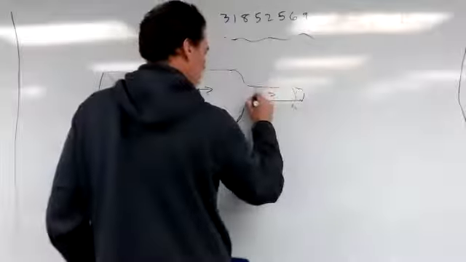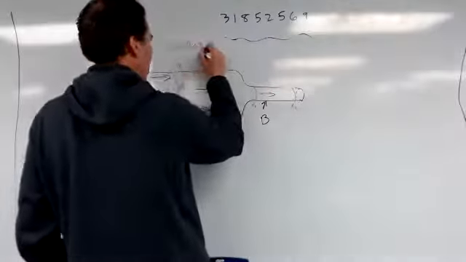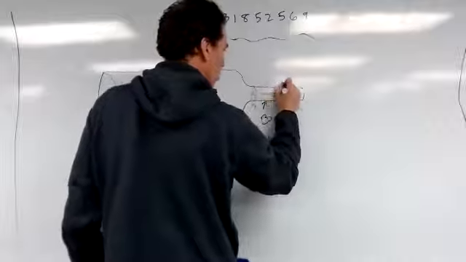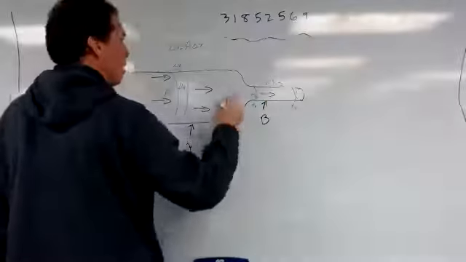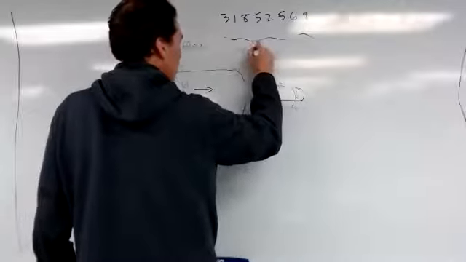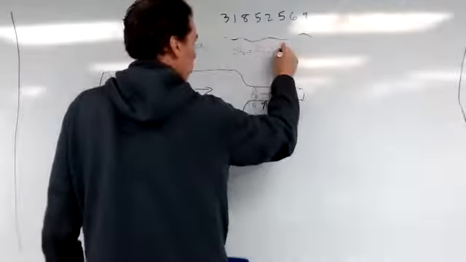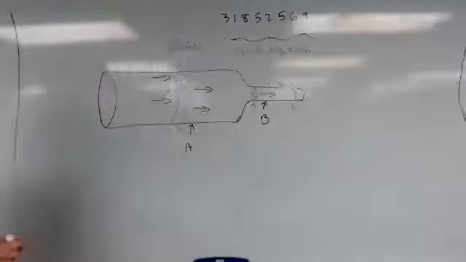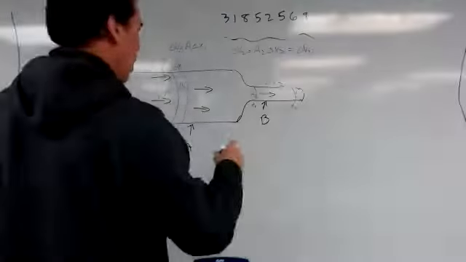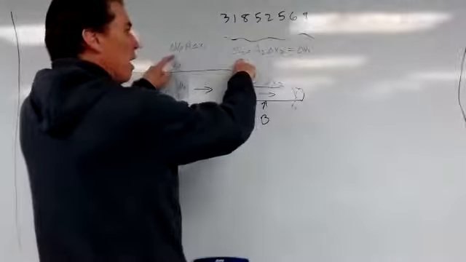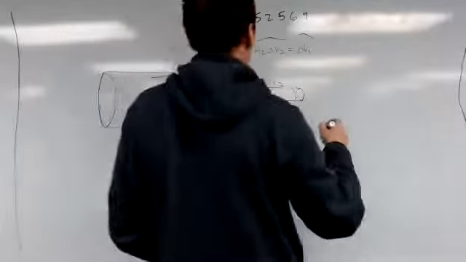And so if I call this area 1, say, and delta x1, and this area 2 and delta x2 over the same time interval, then I can say, look, delta V1 is that, and delta V2 is area 2 times delta x2. But that has to be the same thing as delta V1. And so these two volumes have to be the same. And so I can write this way. I can say, look,